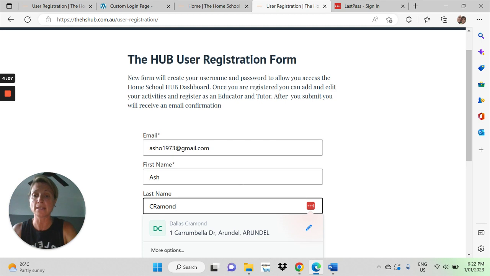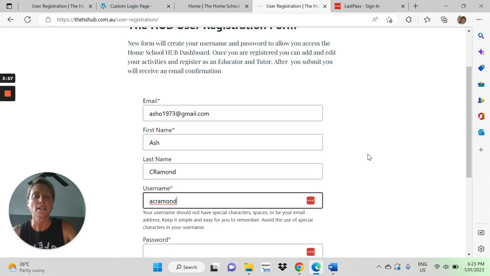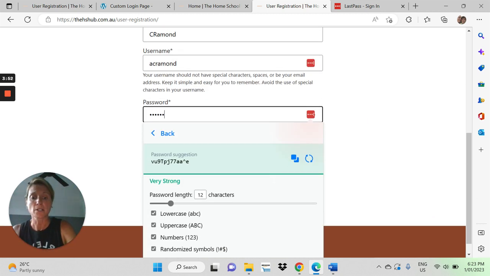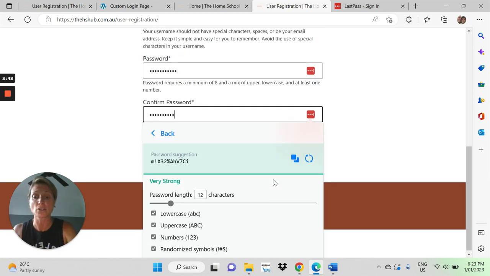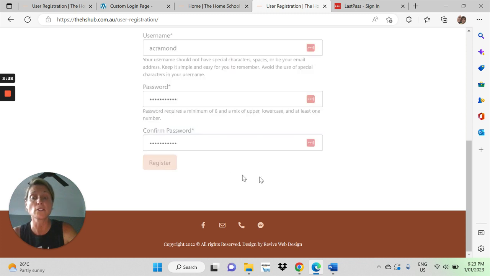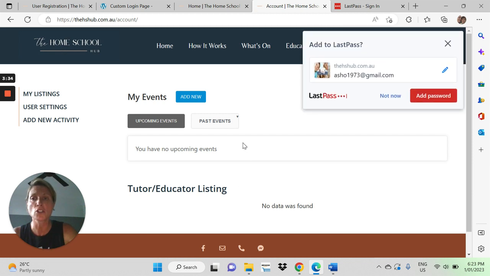Okay, first name, last name, pretty self-explanatory. The username, I recommend something that you can remember, but I always just say first character of your first name followed by your last name. The password, you just need to type it in twice, so make sure these two match. And the requirement is right here. It requires a minimum of 8 and a mix of upper, lowercase characters and at least one number. Okay, so once you select register, this should give you the confirmation and it brings you to a new URL